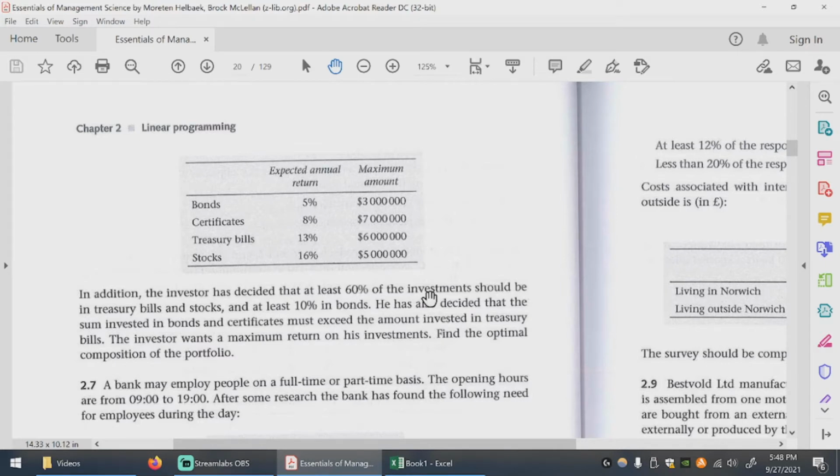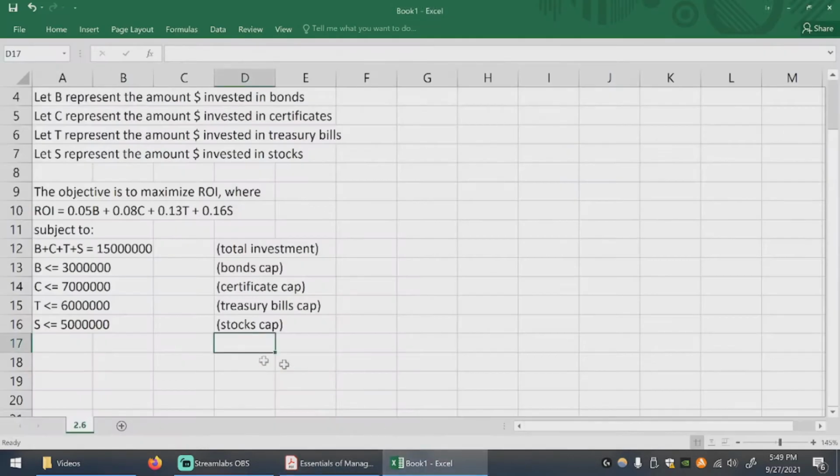Unfortunately, the phrasing here is a little backwards, which makes it a bit more confusing. At least 60% of investments should come from these two types, treasury bills and stocks. So we say treasury bills and stocks should be at least, not plus, at least